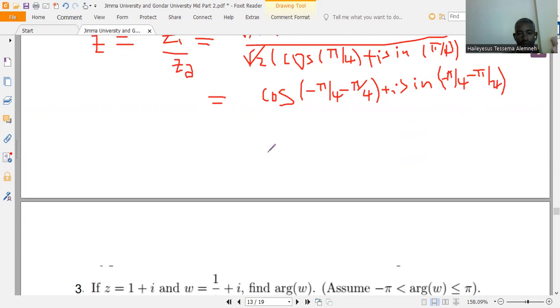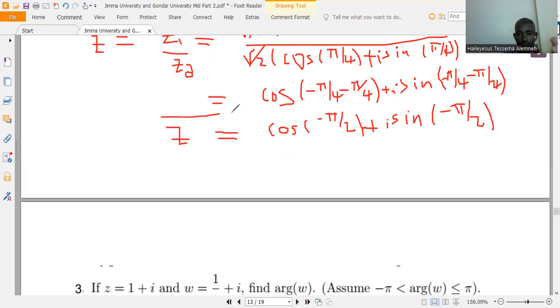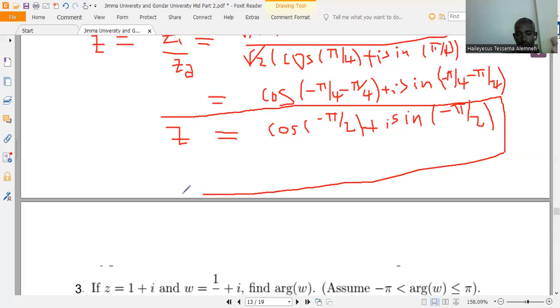So this one is equal to cos of minus pi over 2 plus I sine of minus pi over 2. So this is the polar form of z. The polar form of z is this one. So clearly from the polar form we can find